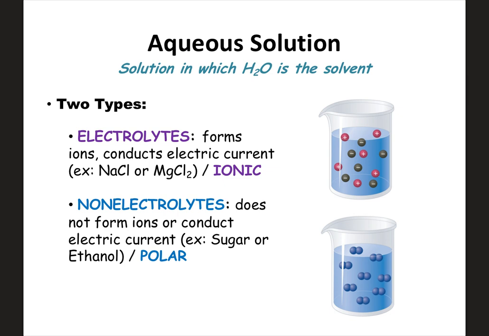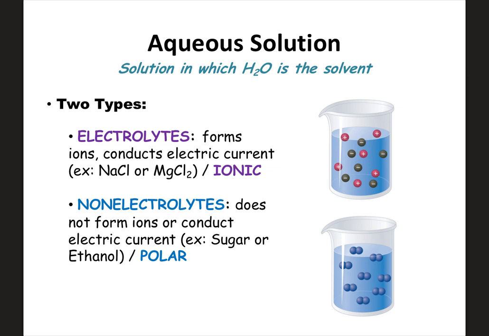There are two types of aqueous solutions. You have electrolytes and non-electrolytes. Electrolytes are aqueous solutions that form ions. Basically, electrolyte solutions will conduct electric current. You get this when you dissolve ionic substances in water because the ionic substances dissociate. They separate into their ions so the solution can conduct an electric current. So if you put sodium chloride or magnesium chloride in water, that becomes an electrolyte solution because of the dissociation